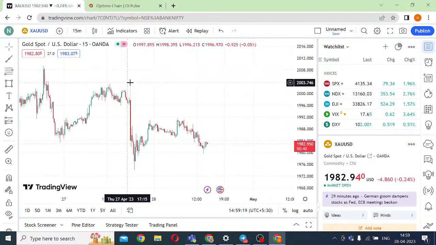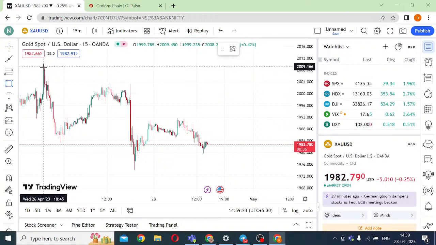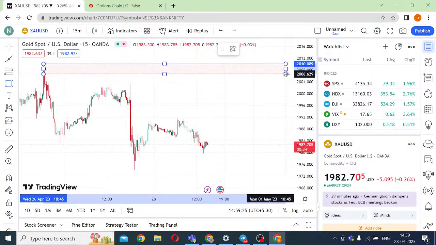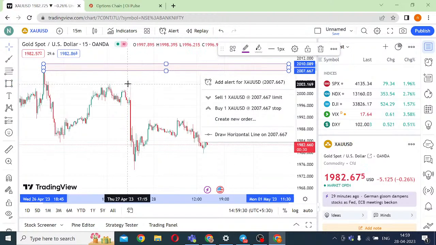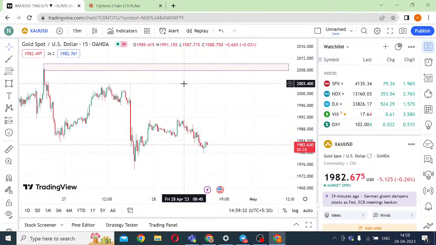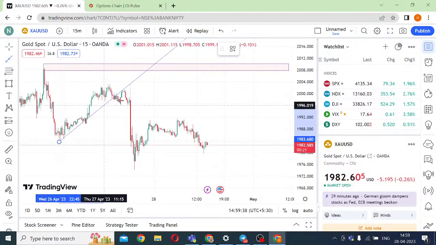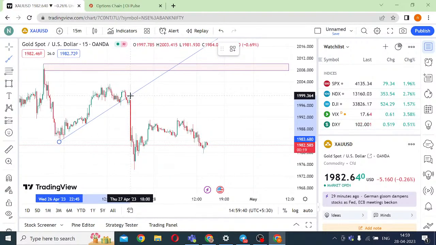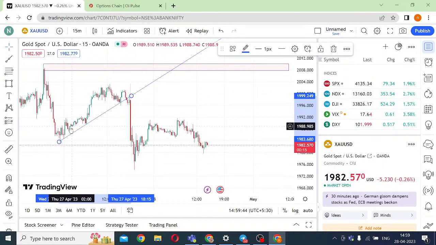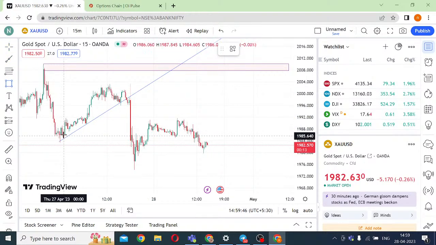So gold yesterday I was anticipating a move till this level. My expectation was till 2008, and if it had come to 2008 I would have definitely gone short. It did not come down to my short level. In fact, it gave a trend line liquidity sweep. If you see, from here it did give a trend line liquidity sweep. Here I was expecting a hold. If you remember I had given a long